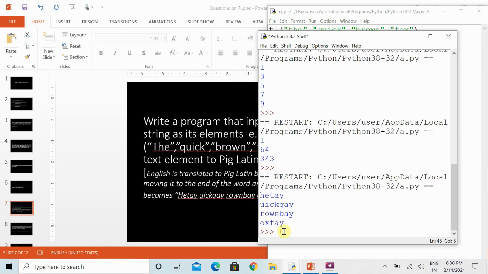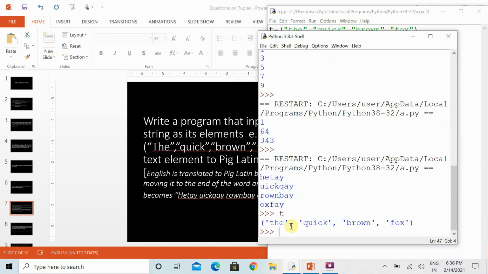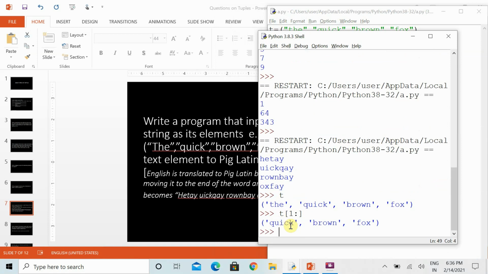Now you can see how we have done that question. When I specify the first value, I am fetching the value at the first position. Suppose I am focusing on the first position and I just want to pick the rest of the elements, then I can use this.